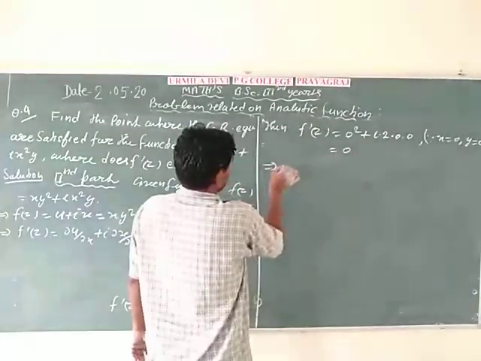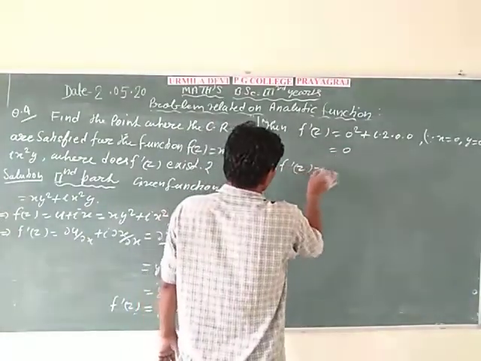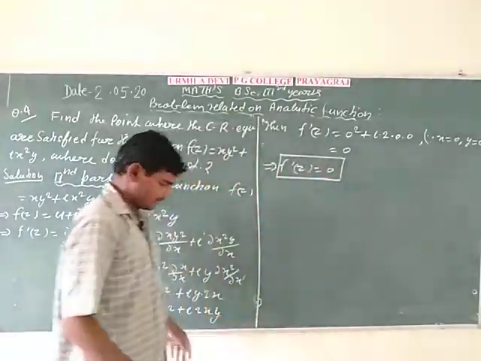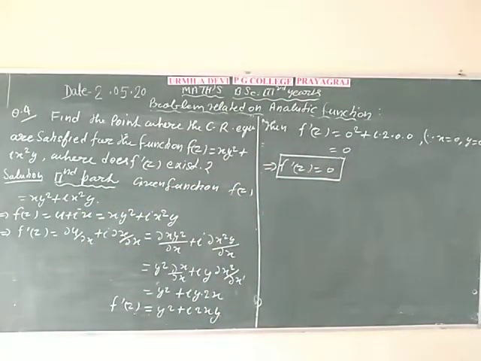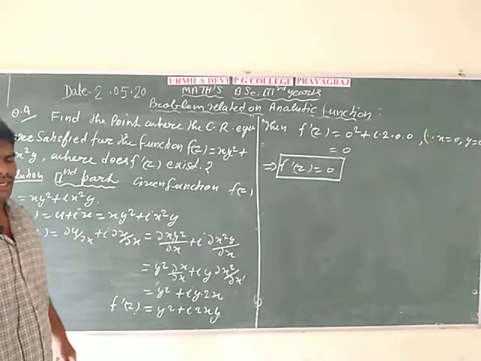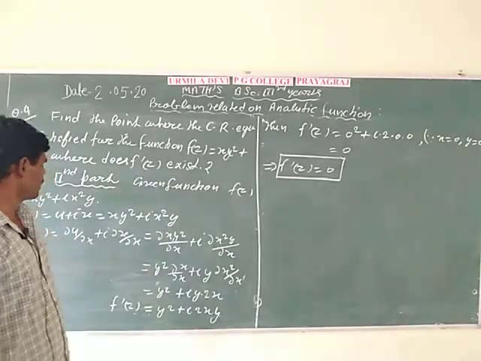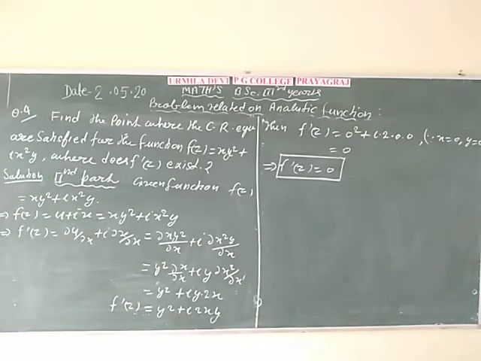It implies that f dash z is equal to 0, which exists. Therefore, function f dash z must exist at the analytic point, means z is equal to 0, which is cleared in the second part of the question. So this is the complete solution of question 4 in the first and second parts. That is okay. And now consider the next question.